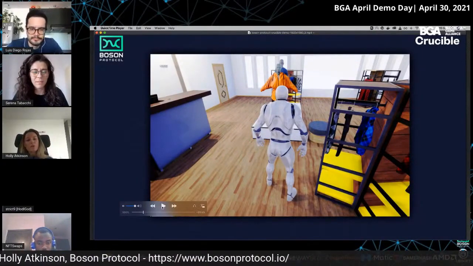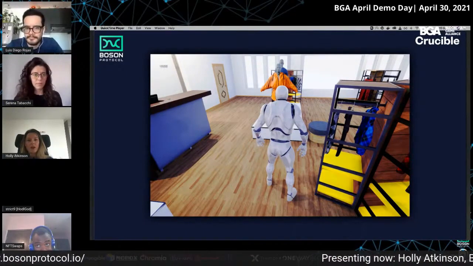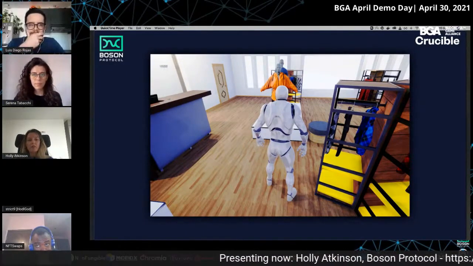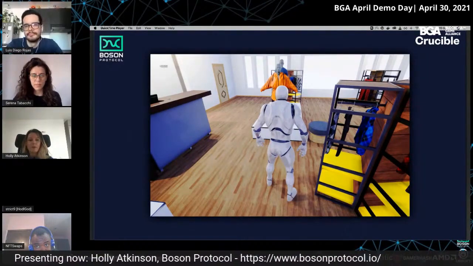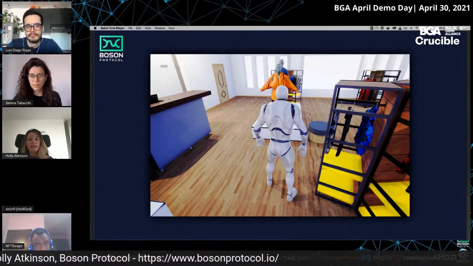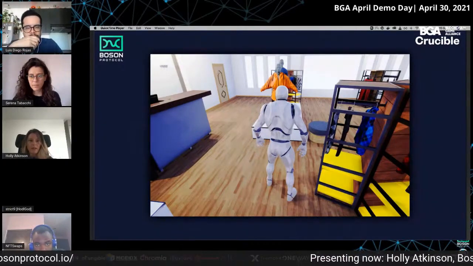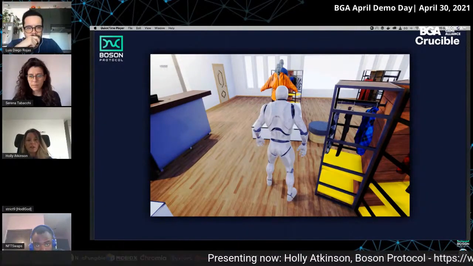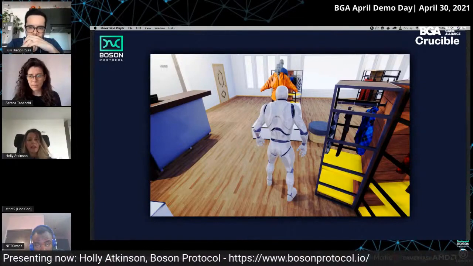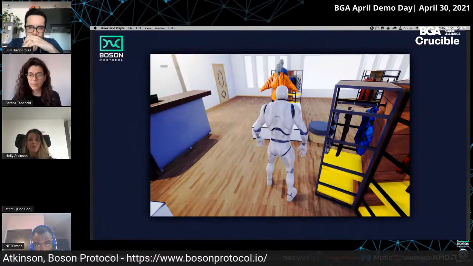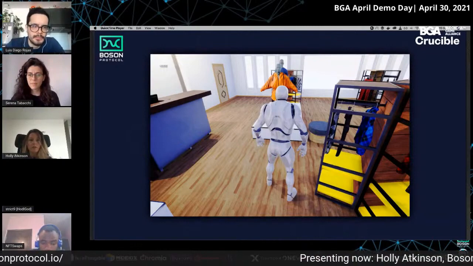So the store that Crucible has built in this demo environment is a set of modular components that can be dropped into a game at engine level to allow avatars to enter the metaverse and have a branded shopping experience in world. And it's this same sort of technology that could be replicated across multiple engines and multiple metaverses. And this is where Boson Protocol is really key, as it provides a bridge from the metaverse to the universe and empowers gamers, game creators, and brands as a result of new value flows via peer-to-peer digital to physical exchange.